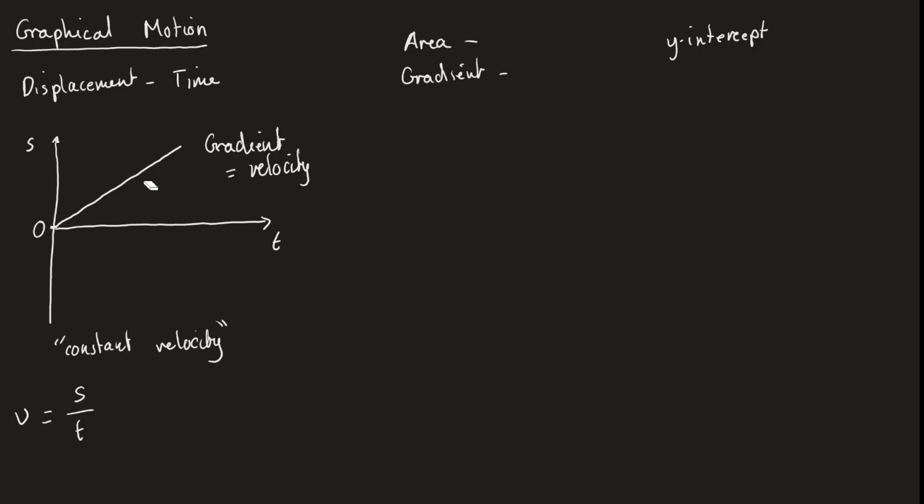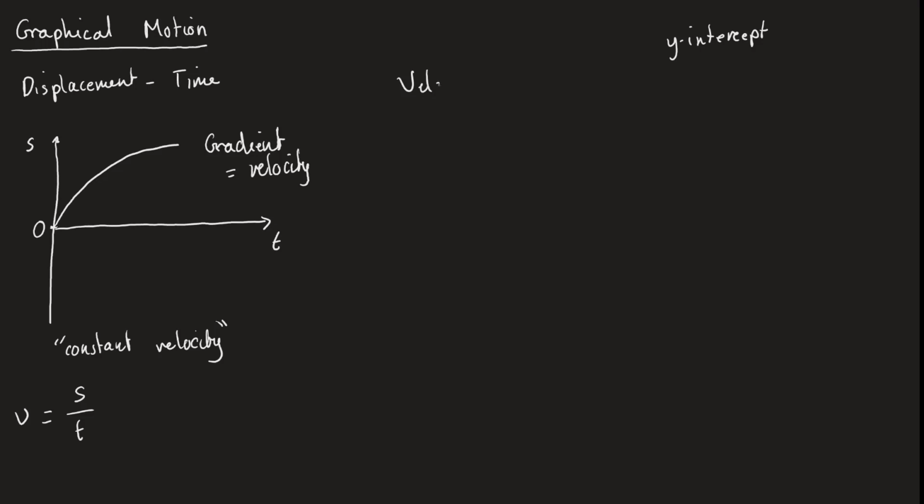If I drew a different type of motion, let's say I had something that was more like this, the gradient of this is changing as time goes on, which means we don't have a constant velocity. And so we have to be able to then map how the velocity changes over this amount of time. Okay, so now let's look at